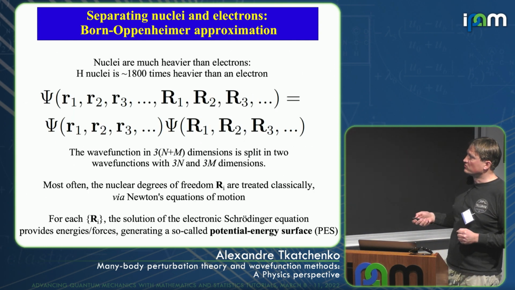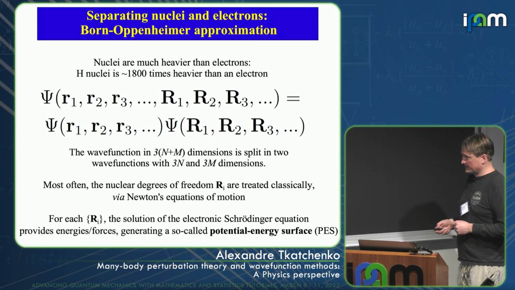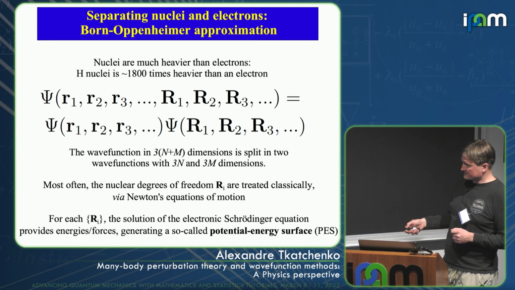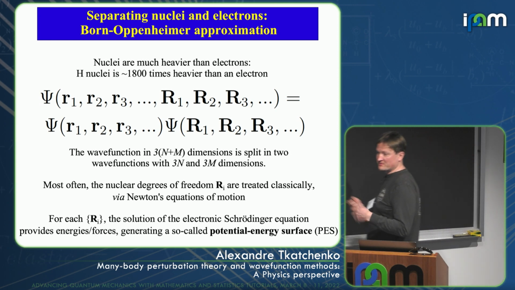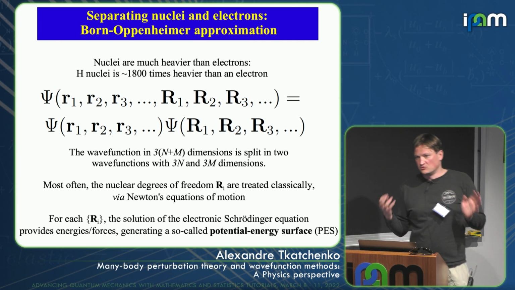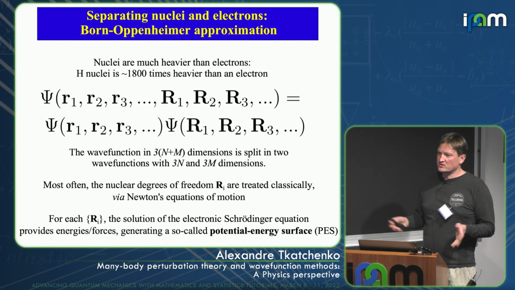And because the nuclei are much heavier than the electrons, in principle we can do a factorization of the wave function in terms of the electronic and nuclear degrees of freedom, and the full wave function just becomes a product wave function. Typically, as I already said, you can treat the nuclear degrees of freedom classically because they are heavy, but you don't actually have to do it. You can use, for example, path integral approaches to carry out quantum nuclear dynamics on a certain electronic